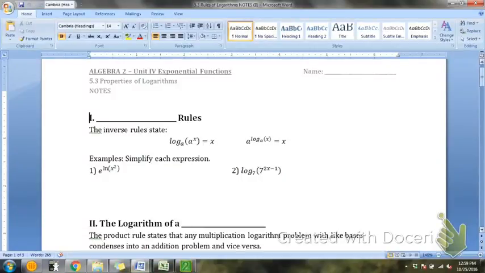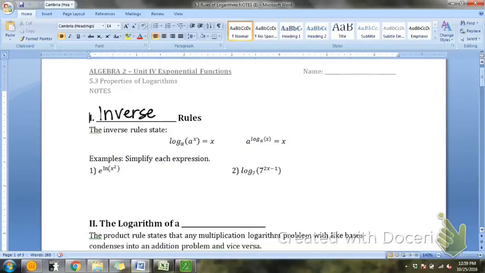When we are talking about properties of logarithms, the first couple rules we're going to talk about we use anyway, whether you realize it or not. The first one that we're going to talk about is called the inverse rule. So that's your first blank, the inverse rule. Okay, so the inverse rule states that if you have a log with a base a, and you're taking it